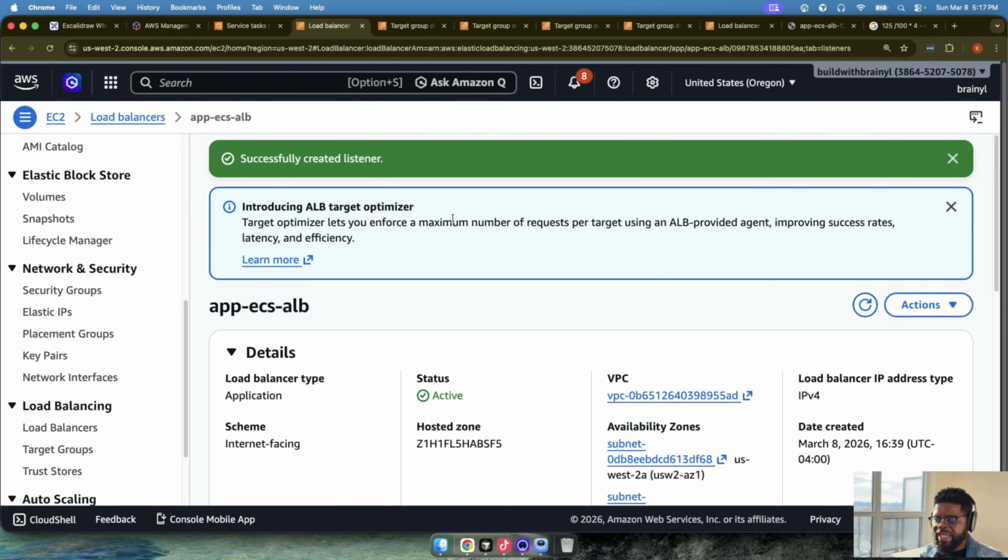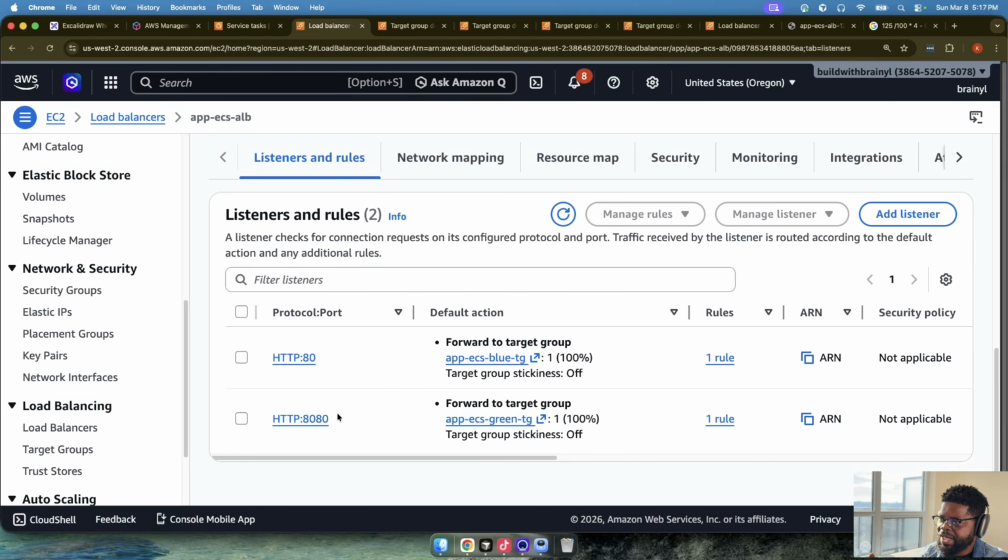We're just saying that port 8080 should forward to the green target group. It can be confusing, but just know that the blue is servicing traffic. The green is the incoming change code. So we now have two target groups: this one is forwarding to green, this one is forwarding to blue. What we now need to do for this to work is add some listener rules. So if you check the listener rules right now,